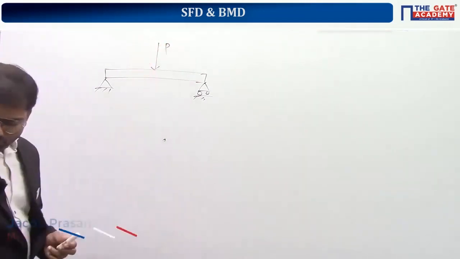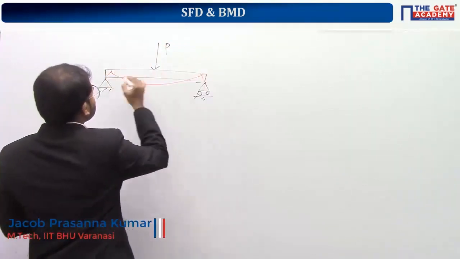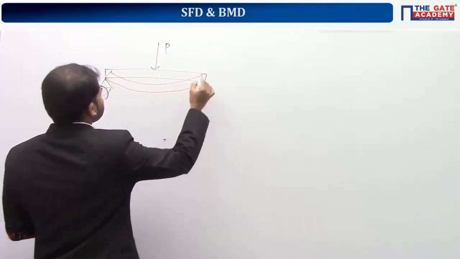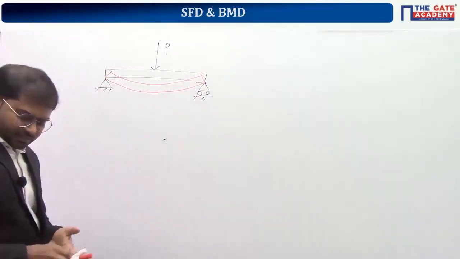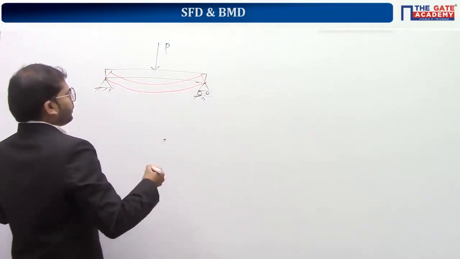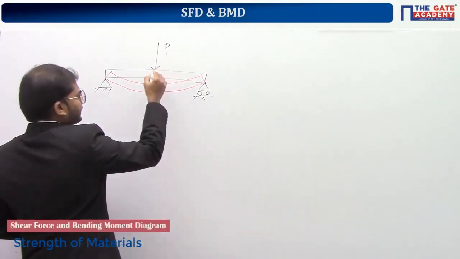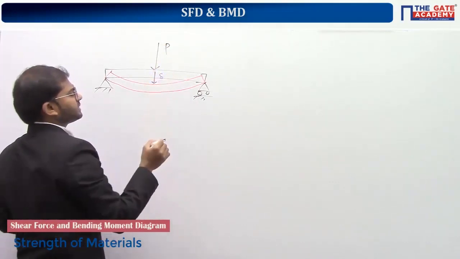This is giving rise to deflection. The beam, let's assume, is deflecting like this. I am just exaggerating the elastic deflection so that we can recognize the deflection at every point clearly. So if you see here, load P is acting at the center, and it is giving rise to some deflection at the center.